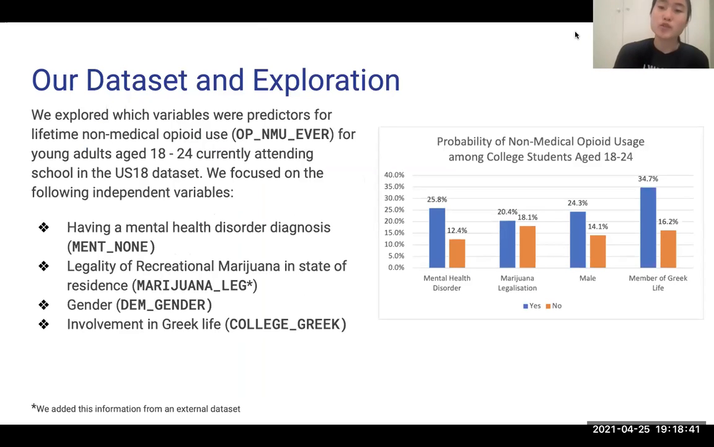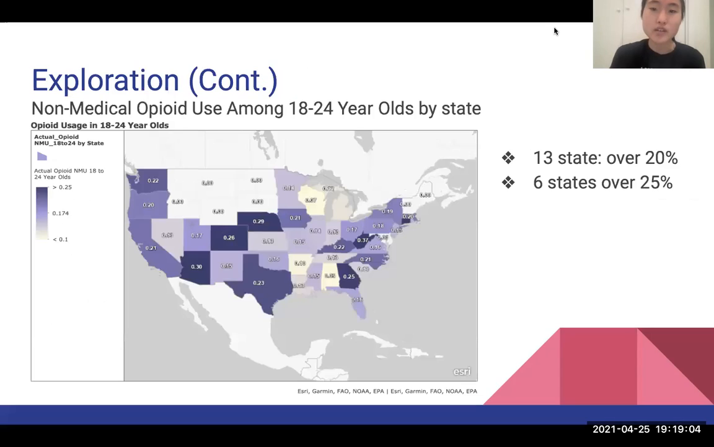We primarily used 4 binary variables to build our model. 3 of them came from the existing dataset, and we created a 4th variable showing marijuana legality by state, with 0 being illegal and 1 being fully legal by the end of the first quarter of 2018. These variables all seem to contribute to the probability of an 18 to 24-year-old college student using opioids non-medically and are all statistically significant. On this next slide, we see a general map of the percentage of people aged 18